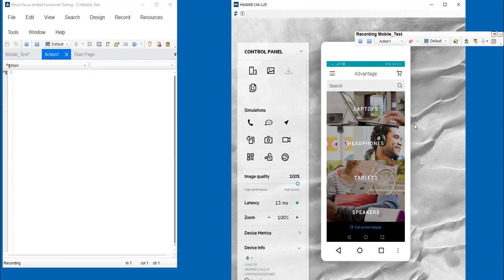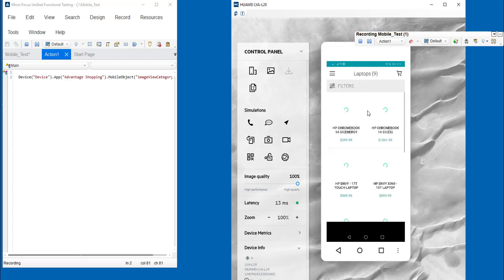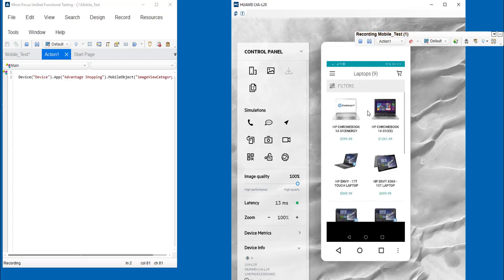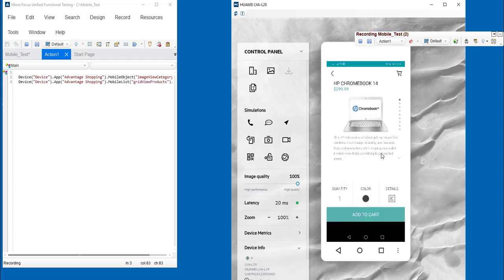Now we click on laptops. As you can see, once I click the object in the app, it automatically increments the number on the recorder. So let's go to HP Chromebook. Now it actually has incremented to step 2. Now let's go back